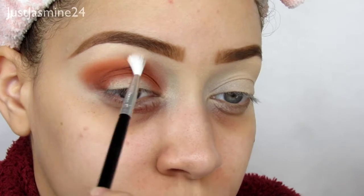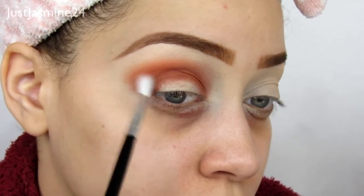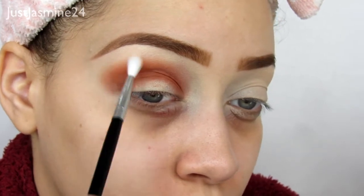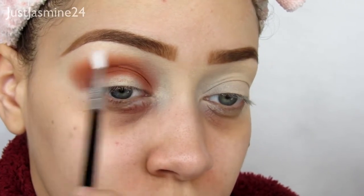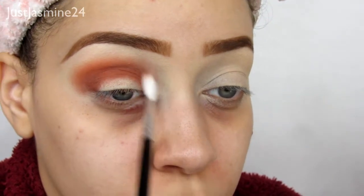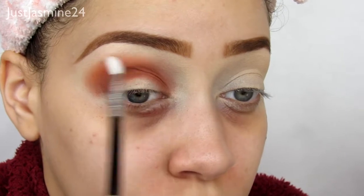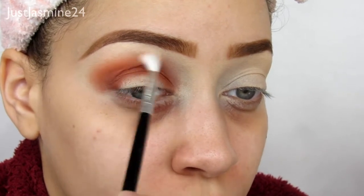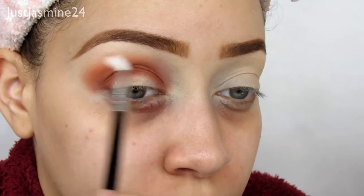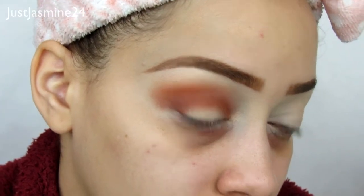It's a very, very small detail blending brush. It's amazing for the crease area. And I'm noticing I'm getting fallout with this, so you want to be careful when it comes to doing your eye makeup. If you do your eye makeup after foundation, you may want to apply some translucent powder to catch that fallout. Going back in with that shade Cheesecake and